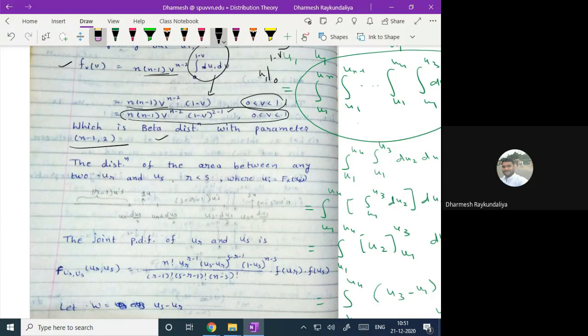Now, in general, instead of finding the distribution of the area between the first order statistic and the largest order statistic, I am interested to find out the distribution between any two order statistics. Let us say the distribution of the area between any two order statistics UR and US. So what is the UR and US? Suppose if I am writing in this way,